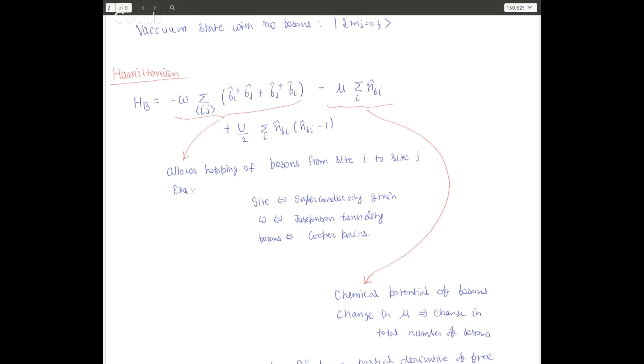Kishore, I have a question. In the tunneling part, do you assume that the weightage of tunneling between each two different sites is equal? Often, what you can do is make the distance between the sites different, and in that case you can have a w_ij kind of term there which determines how much